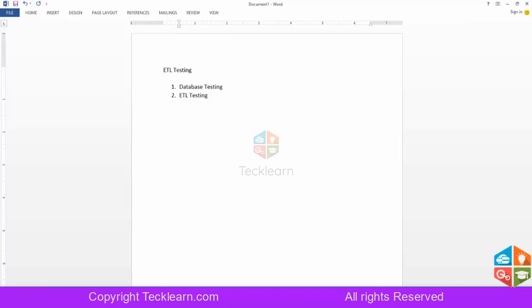Generally, the general testing concepts, like the software testing life cycle or categories of testing. So generally, how many categories does testing involve? Testing involves 4 categories of testing. This is a regular industry practice. The first testing is a preliminary testing. These are the testing categories which are applicable for ETL testing. These categories are in general applicable to all kinds of testing, but in ETL testing these are the tests we carry out, and the order I am writing is the order in which we carry out these tests.